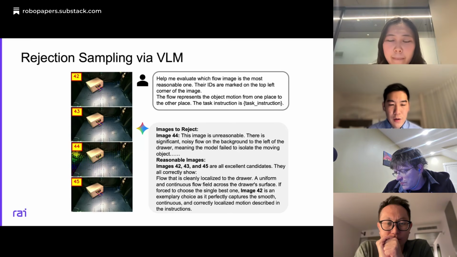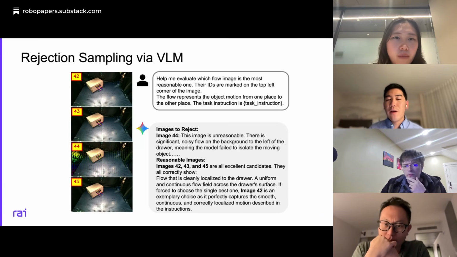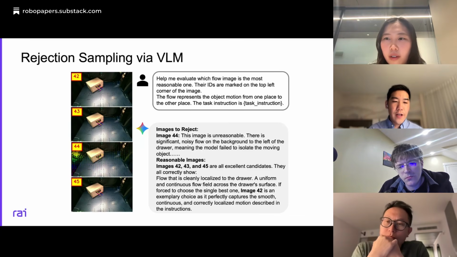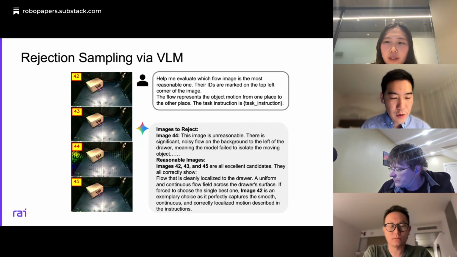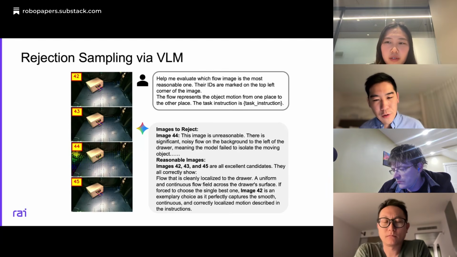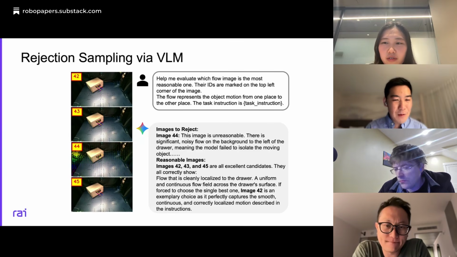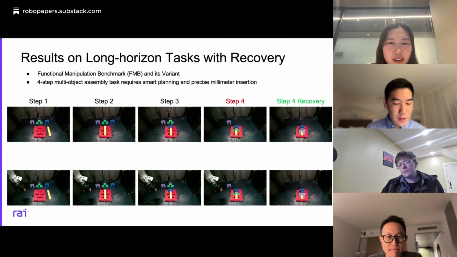It helped us filter a lot of failures resulting from inaccurate flow. For example, there can be different failure modes, like video hallucination, tracking failure, or grounding error. You can have a lot of failures in this kind of pipeline because it's a modular framework. And actually, that's the biggest problem of this modular framework, because every module can have problems. So with this final rejection sampling step, you can filter out most of them and keep the candidate that is ultimately successful. Okay, so here's Jiahui's part.